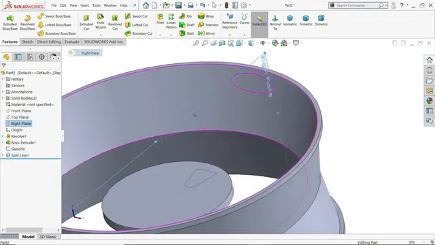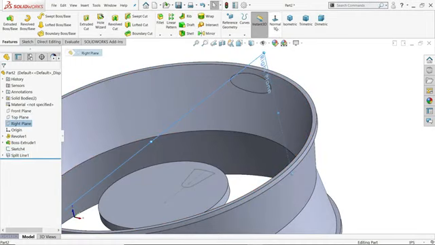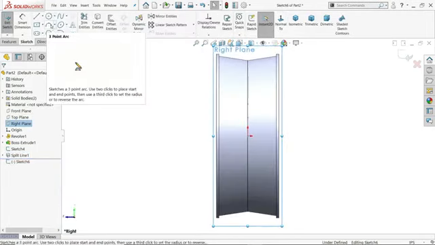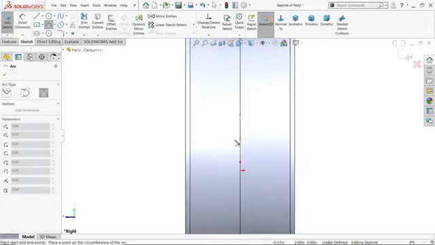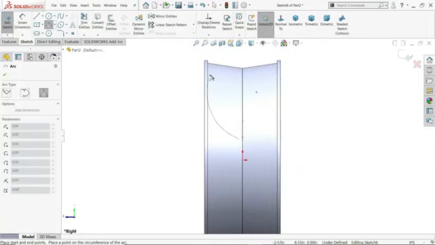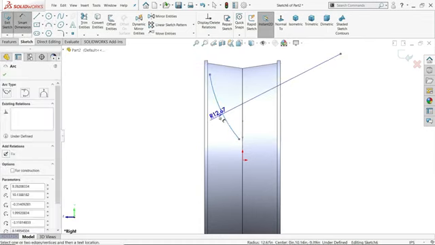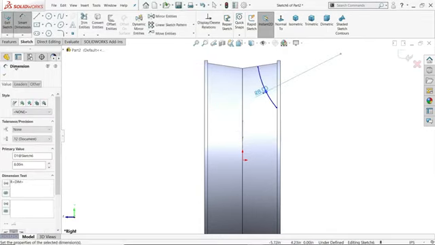The right plane. Now we are going to create a path. Normal, sketch, 3-point arc. Now let's create like this. This radius 8 millimeter. Okay.